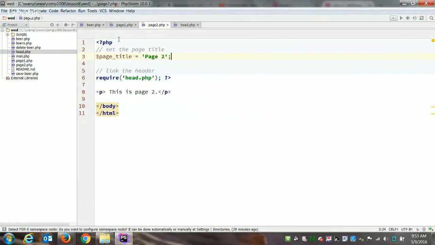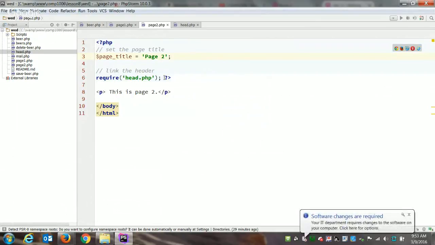So this might be one way around the scenario you were describing, where we need to do some things on some pages and not others with the header. So it's important we do this first. If we call require first and set the variable after, when the header loads our